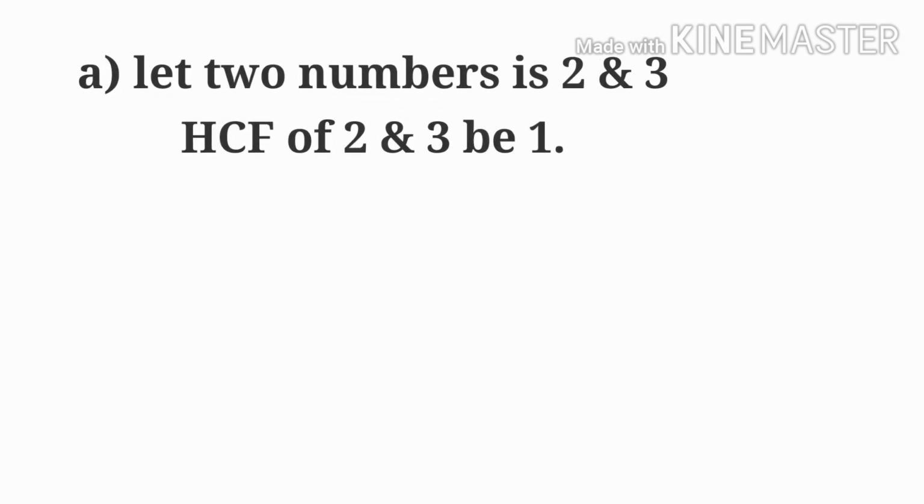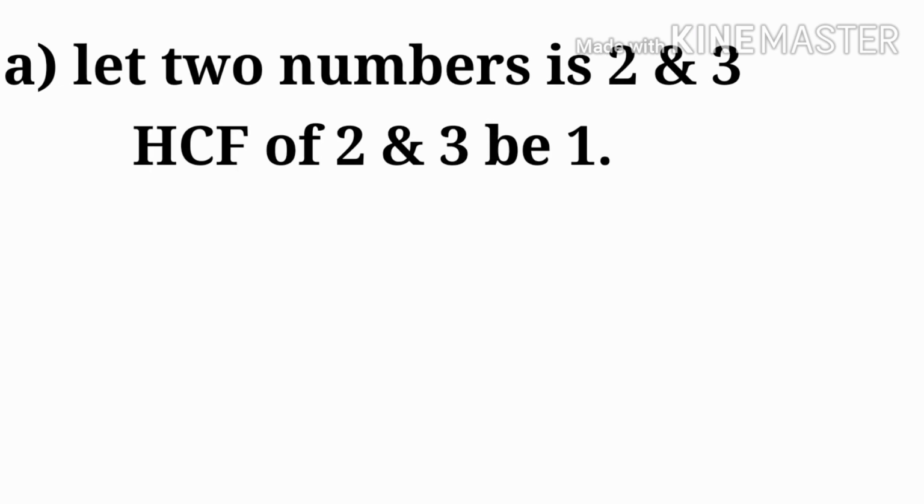HCF for two numbers. Let's suppose I am going to take any two numbers. Suppose I took 2 and 3. So the HCF for 2 and 3 would be 1 only, because 2 will go with its own number and 3 would go with its own number. So 1 is the HCF only, 1 would be the common term. You can take any other numbers also, 5 and 6, then also the HCF would be 1 only, 7 and 8. So any two numbers, but the numbers should be consecutive, in a continuous manner. So for any two consecutive numbers, HCF would be 1 always.